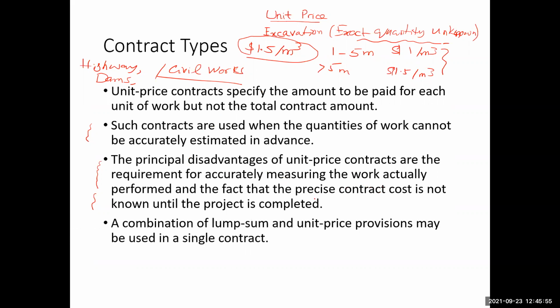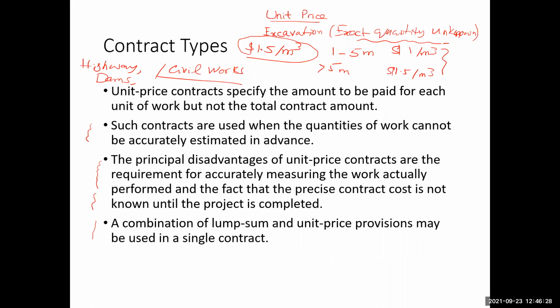Then a combination of the lump sum and the unit price provision may be used in a single contract. So yes, of course, this is also a possibility. Even in a building project, or even in a highway project, there may be portions of the work for which it is easier to calculate the cost. So for example, even in a highway project, for most of the work the quantities may not be known, but